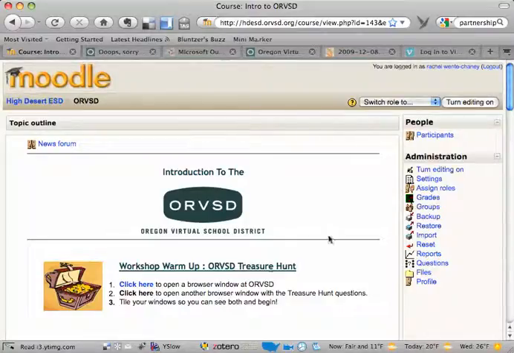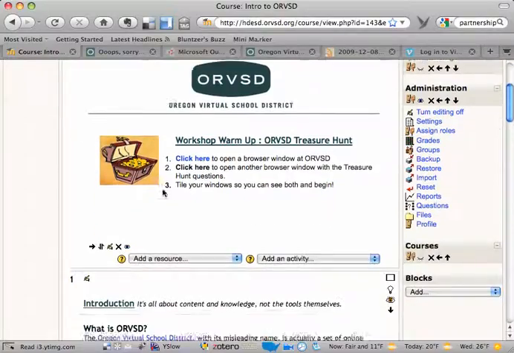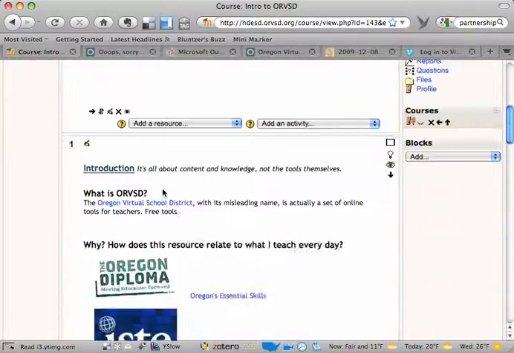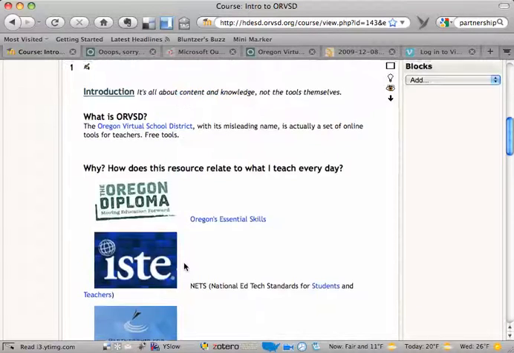So the way to do it is pretty simple. We're going to first turn editing on. There are two different areas where you can do that. I prefer the buttons, so I just click the button, but they both do the same thing. You'll see when we turn editing on that we actually get a tool set for our existing resources, and then in each of our content blocks we also have a drop down for new resources or activities that we would